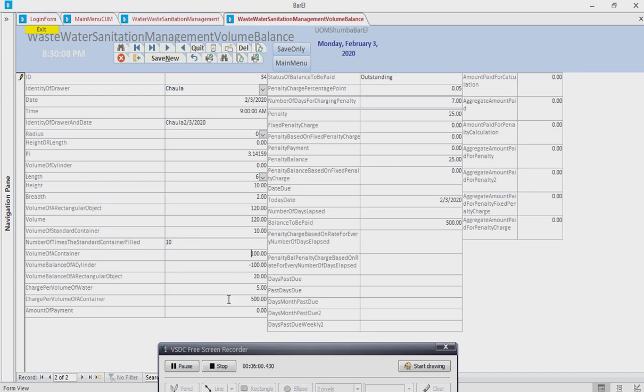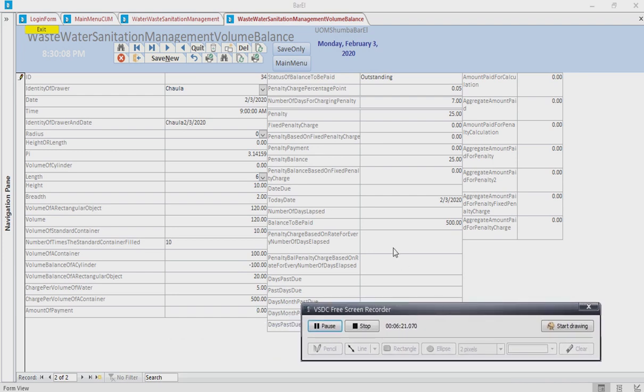You can see that the amount, the total now is 500. Penalty charge for not paying is 25. If a fixed amount, you can add, if you wanted to have a fixed amount, the same here. If you have not paid anything,